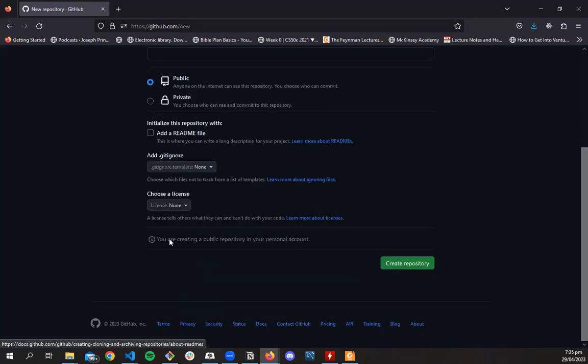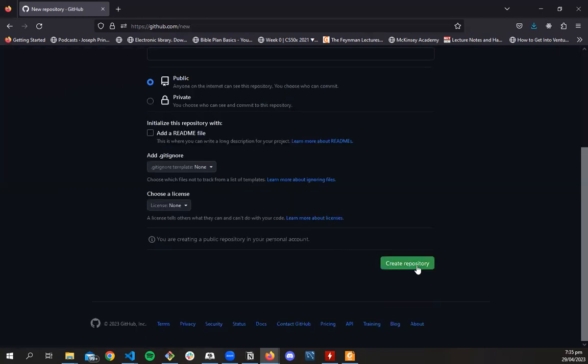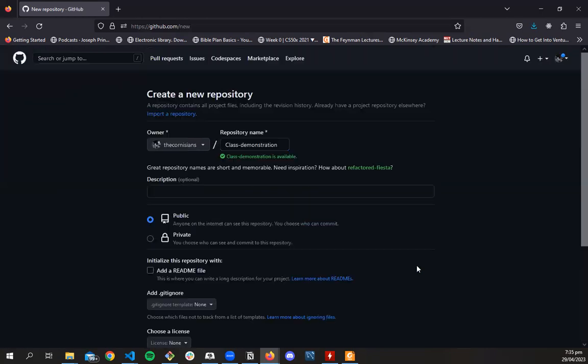And you can make it private or public. Private means maybe only you and the people who have the link to this repo can see it. Public means when I come on your profile, I'll see it. So when I create a repository,